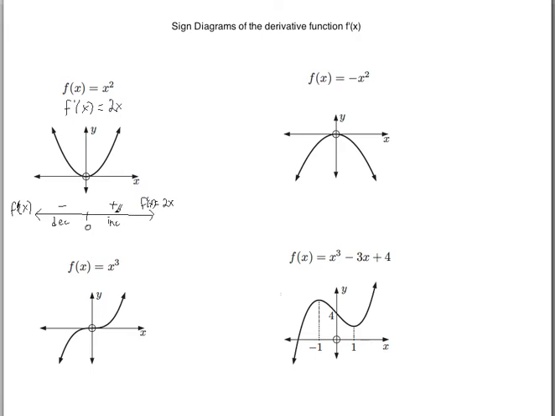So we have just found the intervals of decrease. We could say that f of x is decreasing when x is less than or equal to 0, or increasing when x is greater than or equal to 0. I probably should have done this in the previous video, but we will go ahead and use the equal sign on this